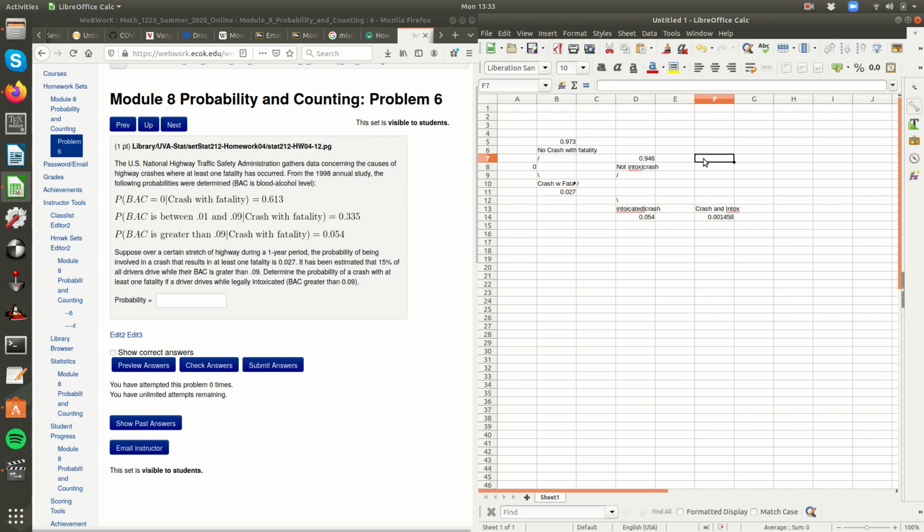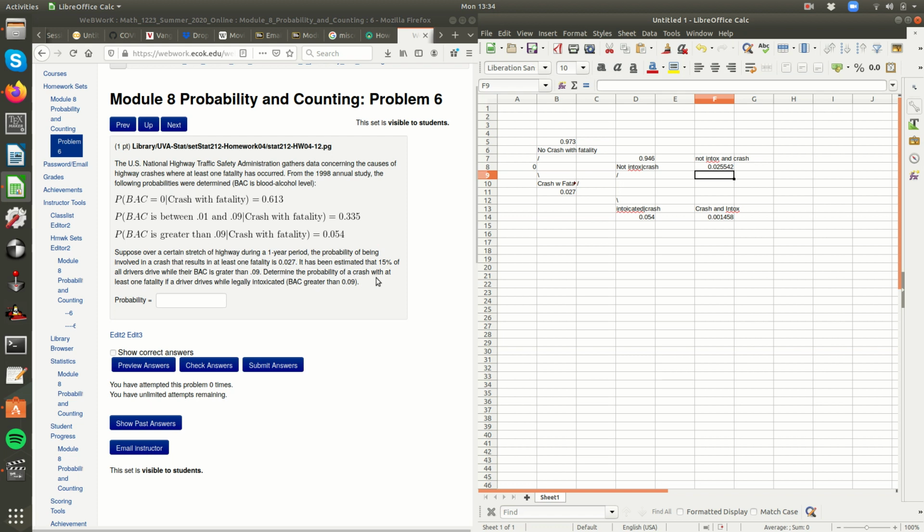And let's do this one up here. This one is not intox and a crash with a fatality. So that will equal this number times this number. And then the other percentage, there'll be no crash, would be up here, right? So, okay, so those are my ands, those are my intersections. We want to know now,